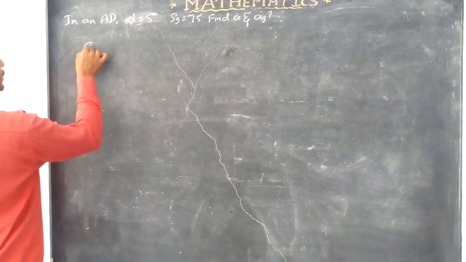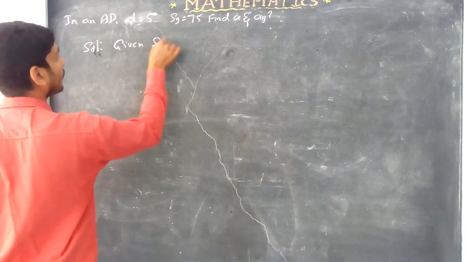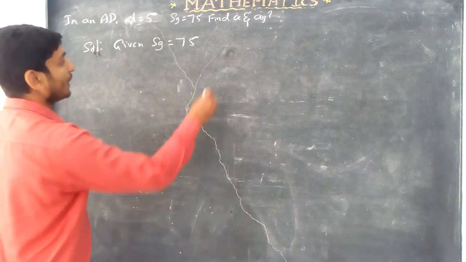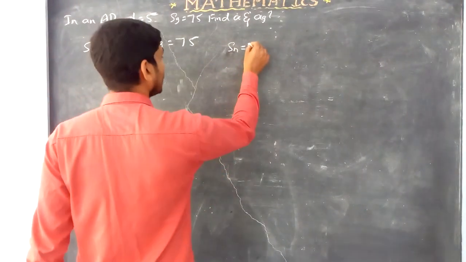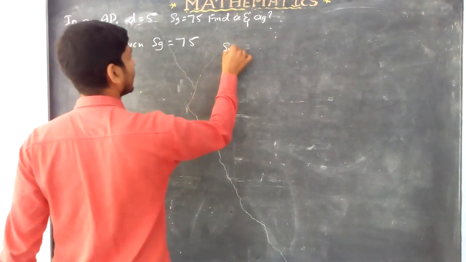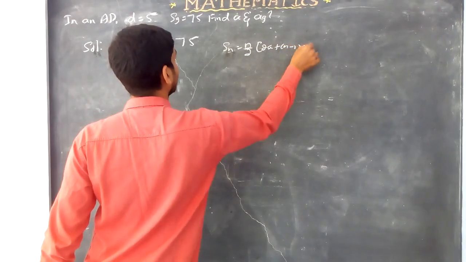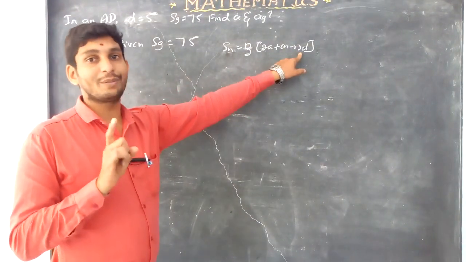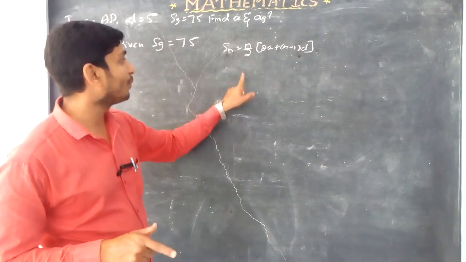Okay, let us go for the solution. What is given? What clue is there? The sum of 9 terms is given as 75. We know the formula to find Sn. The formula to find Sn is equal to n by 2 into 2a plus n minus 1 into d. Correct? Since d is given, using this formula will make it easy. There are two more formulas here. What are the two more formulas? Sn equals n by 2 into